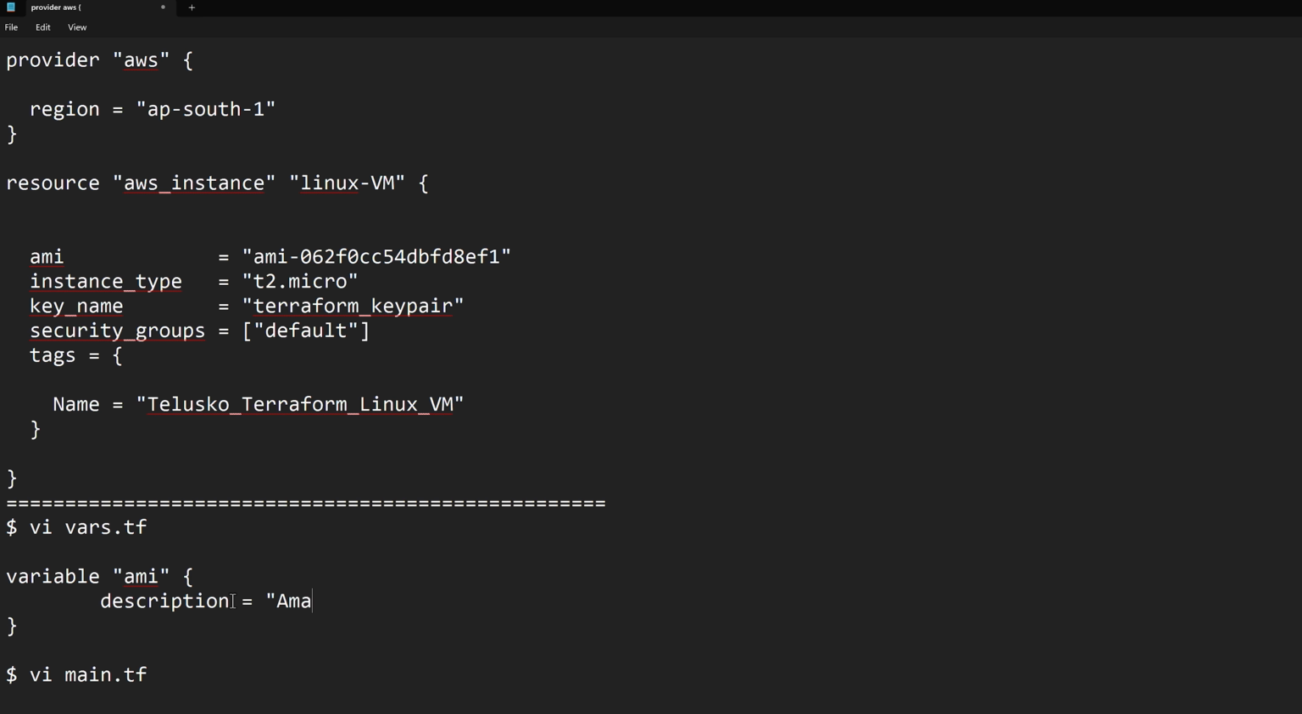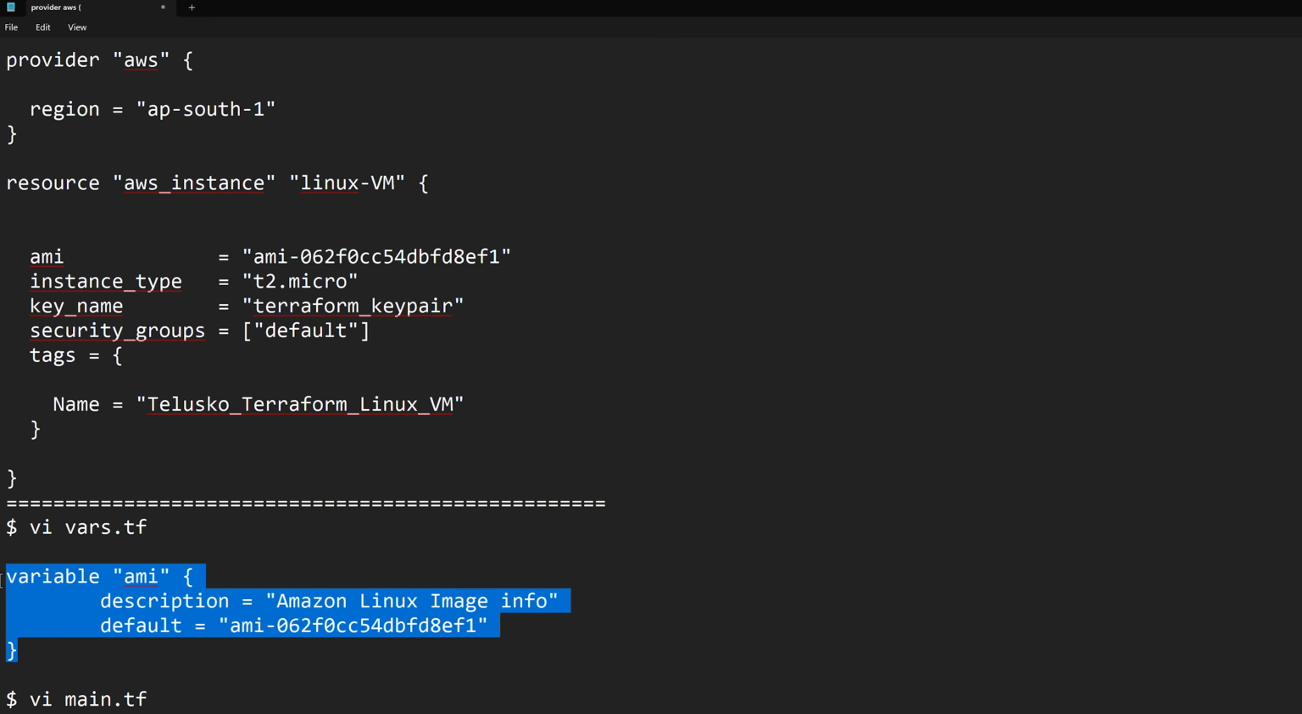Maybe I'll say here Amazon Linux machine, Linux image information, whatever you want, you can give the description about the variable. And then with the help of default, I would like to specify the actual AMI value. So I would like to just take this value here and specify it here. Okay, and similar to this, I would like to create one more variable, and this variable will be about the